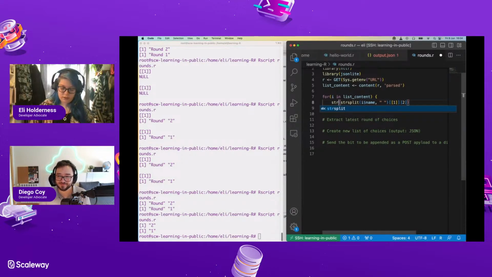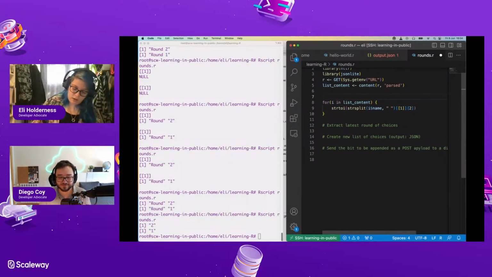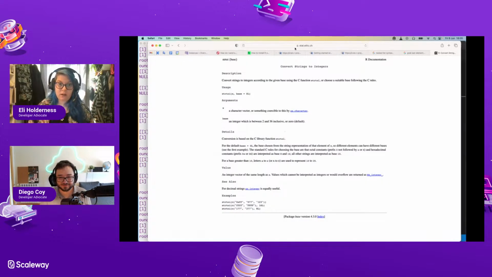So as.integer of that gets me those as numbers. So what I want to do is say highest equals 1. And then if that, I want my if syntax in R.